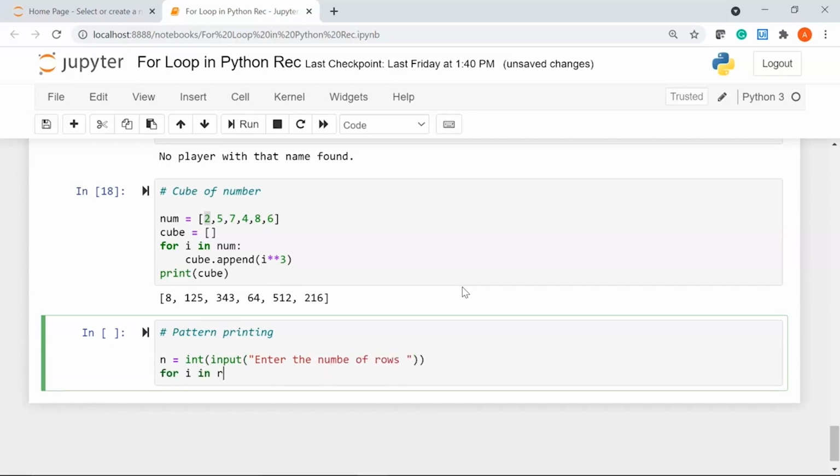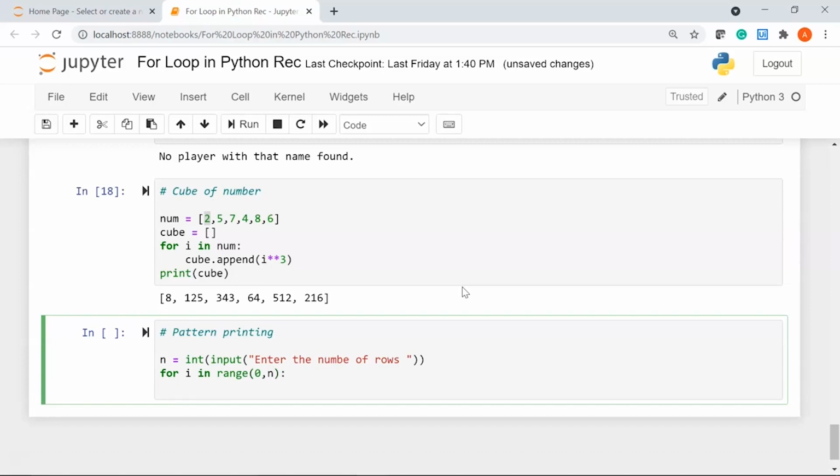I'll say for i in range 0 till my user input n, give a colon. I'll use my inner for loop.